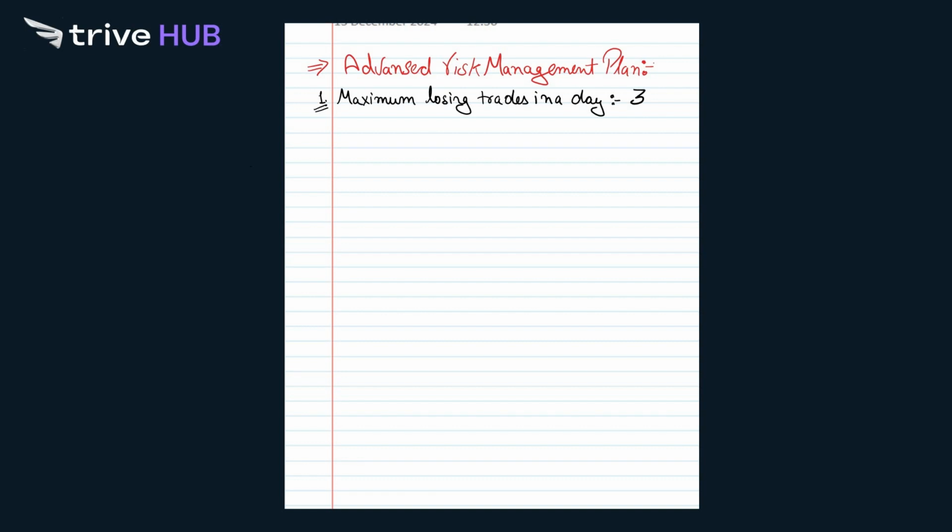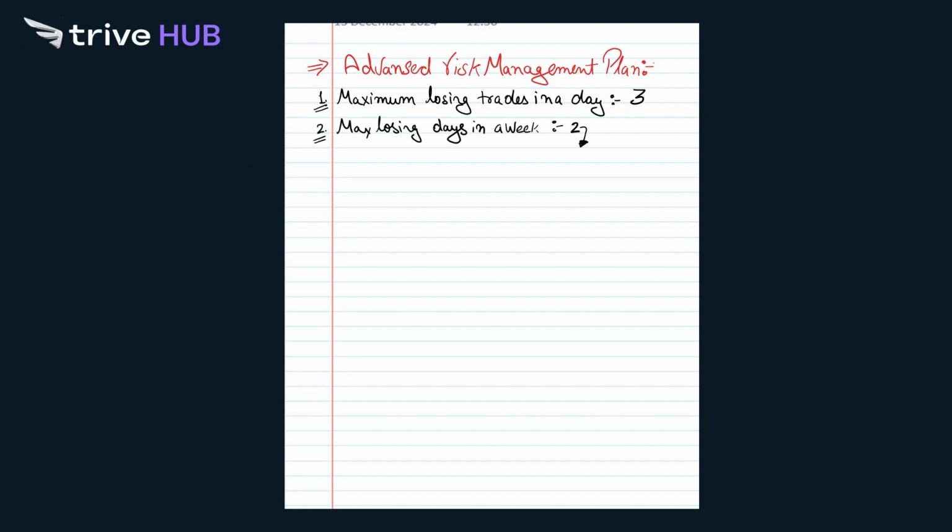Because what happens on the 4th or 5th losing trade is you enter into revenge trading mode, and in that mode you want to cover all of your previous losses very quickly. In doing that, you will end up taking very high leverage or high quantities, and you may not follow your own risk management rules. To avoid that kind of irrationality or erratic behavior, we need to decide how many losing trades you can take. After that, you will not trade anymore.